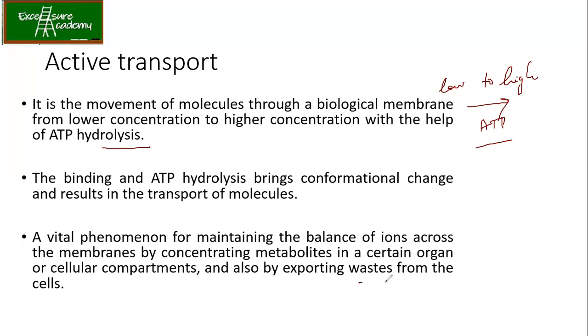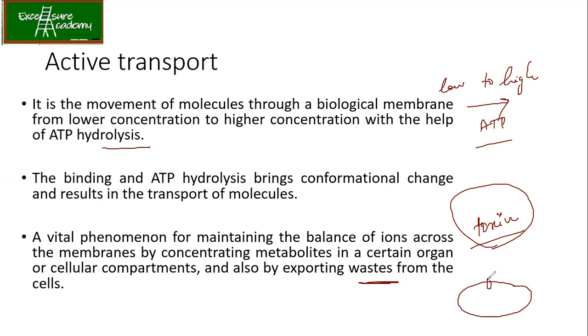For example, exporting waste: any cell which has waste, or suppose a toxin has entered. Certain cells have a mechanism to prevent its action, that is, the killing of the cell by the toxin can be prevented if the organism has pumps which can take this toxin out. So what is happening now, the toxin is low inside your cell